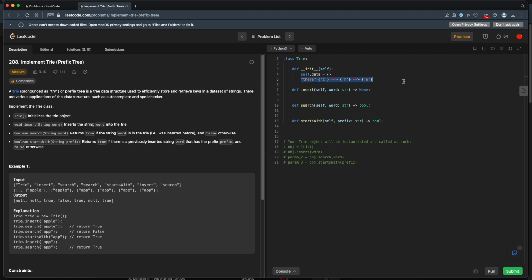Okay, hopefully that makes sense. Maybe it doesn't. Let's just see if we can do this. All right, the other thing we'll need is we'll need to know where we've ended a word. So we'll need some type of stop character. So I'll have some end char. And in that case, I'll make it